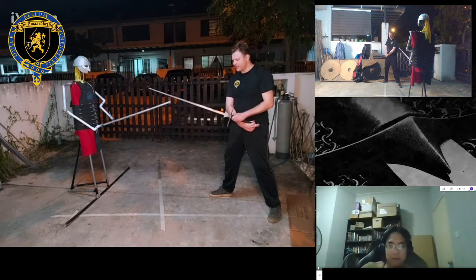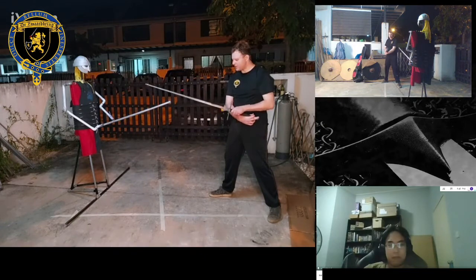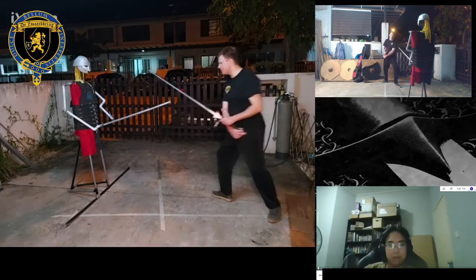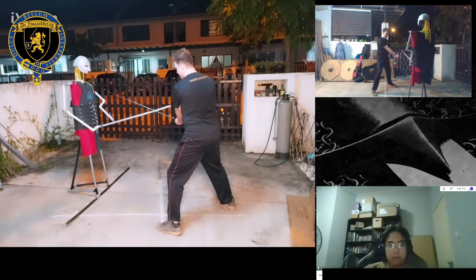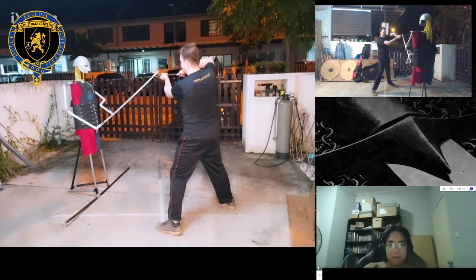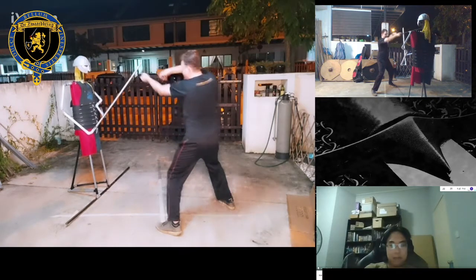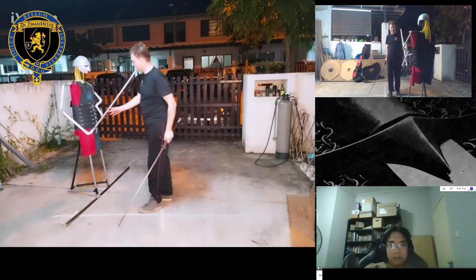From there, my first move is to step to the right to avoid his attack. At the same time, I want to bring my sword from my right fluke to my left fluke. Here. From there, I am defended, and I can bring my sword up into an ox. And as you notice, I am taking his sword with me. His sword is in my crossguard now, or rather in my shield. So from here, when I'm in ox, I get superior leverage against him. From there, I can thrust forward into his neck. I'm aiming for his neck.